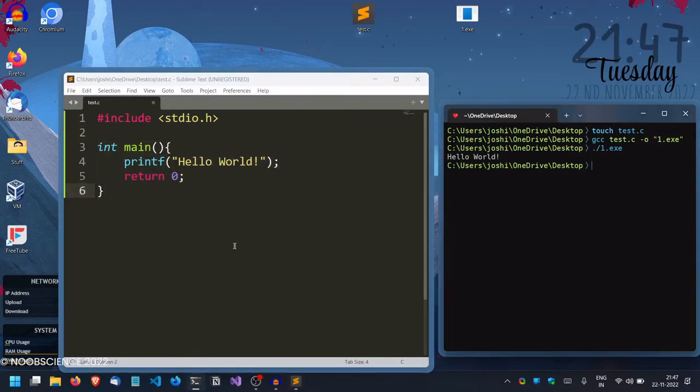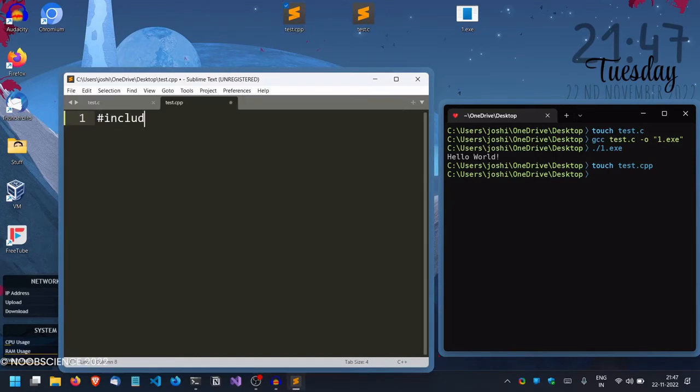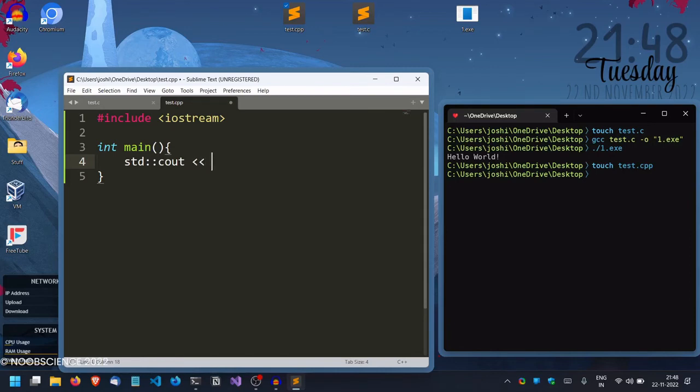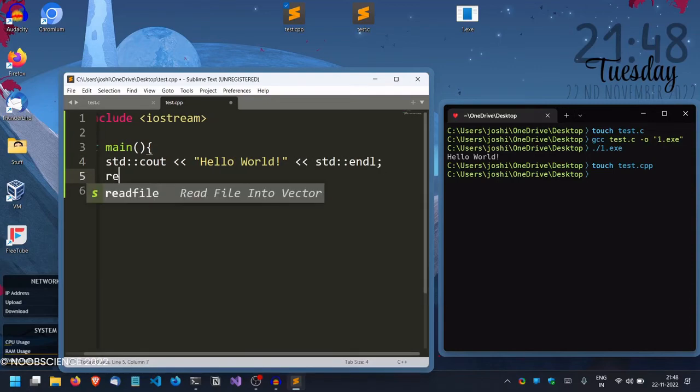Now you can do the same thing for C++. So let me just show an example. If I go to test.cpp, refresh, we have test.cpp here. Let me just open that up in Sublime. And simply let's include the input output stream. We define the main function to be an integer. We just feed everything to the console output. To the console output we feed hello world, and we just end the line,